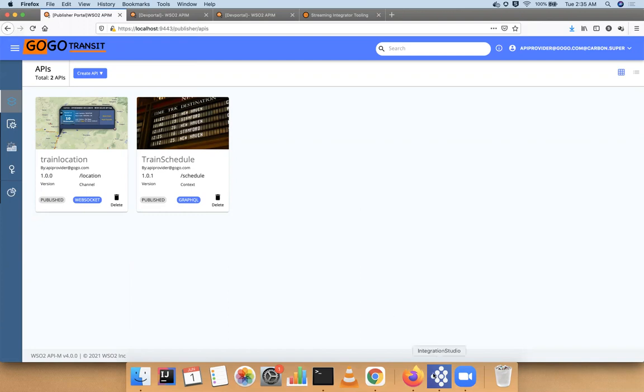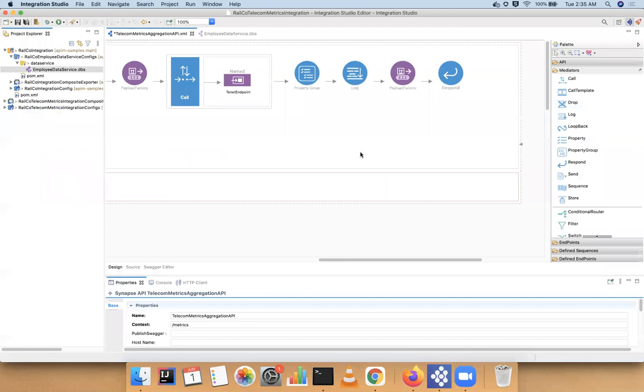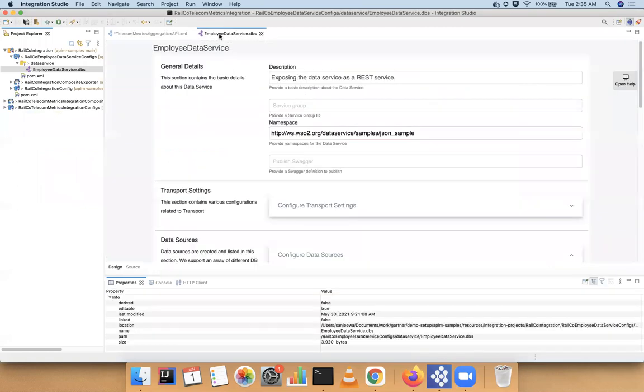Okay, so to start with, I'm going to open Integration Studio. Integration Studio is a graphical drag and drop easy to use tool offered with WSO2 API Manager, and you can use this to design and develop your integration services and APIs. Okay, so to demonstrate the database reading part,